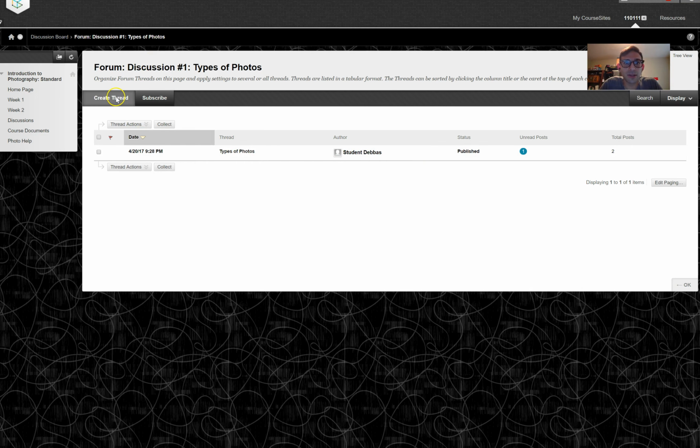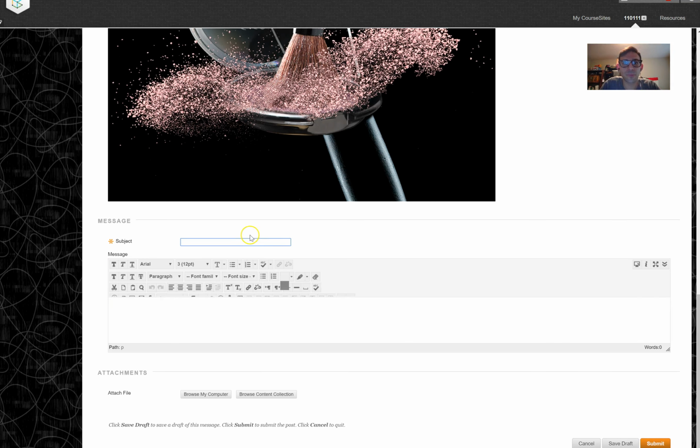So he would come in, create a thread, and simply type in what he thinks. Photo 1 is photo journalism because, etc. Photo 2 is, etc. He would then submit this,